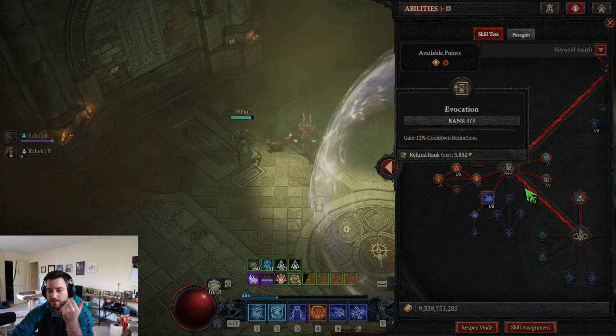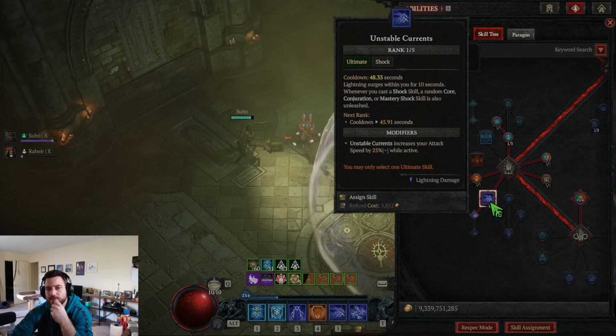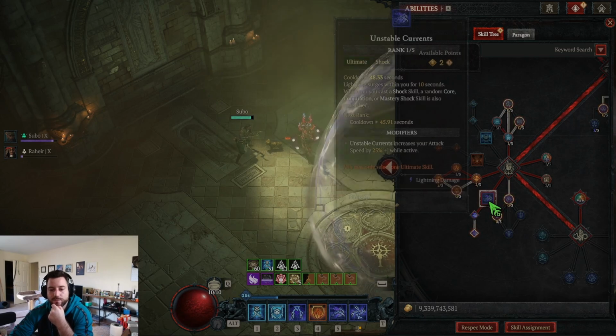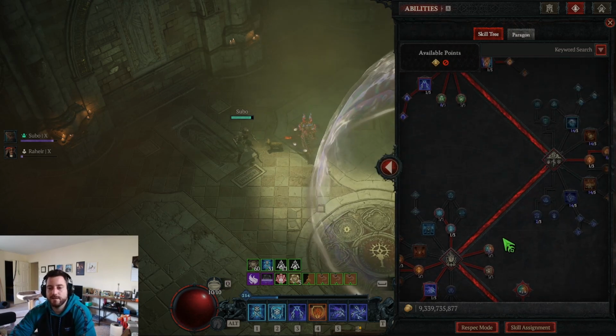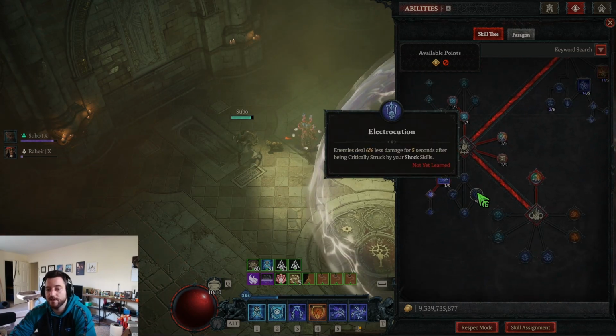This one's a no-brainer, 12% CDR. And I found with CL, you really only need 1 point in Unstable Currents. I found more points to be unnecessary, but you can take more. You can always do something like this. If you're really hurting, you can start to pick points out of other places. And as some of the flex points that I've talked about, you can always put them in here in Electrocution